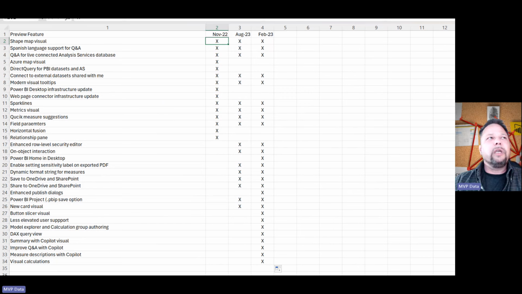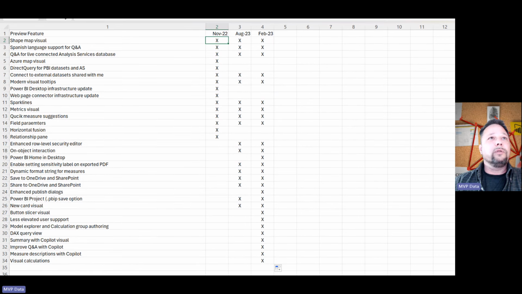Then we got infrastructure updates, which is pretty much like WebView 2, which was more Microsoft doing that for themselves. We got horizontal fusion, which I'm pretty sure nobody even noticed. We got the relationship pane, which just gave you a different way of doing something you could already do. So we got 6 features. They added 8 preview features. But as you can see, going from August 23 to February 23, everything just fell through, right? I mean, nothing else got